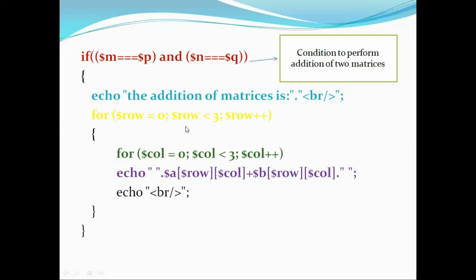Then we are writing both the row index as well as the column index. We already know that there are three rows as well as three columns, so we are directly taking it as 3. But initially we start with 0, hence we are taking the limits up to less than 3. After that we are performing the simple addition of the two matrices.